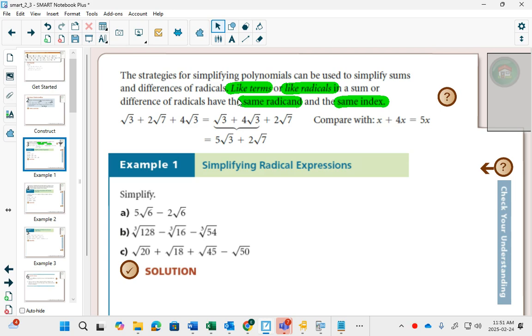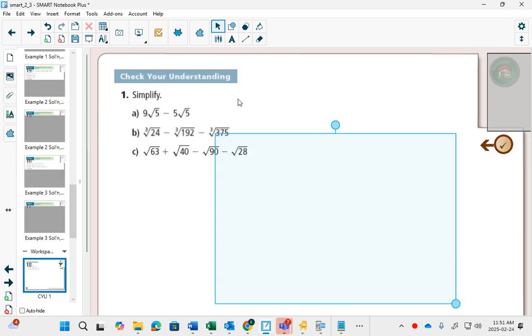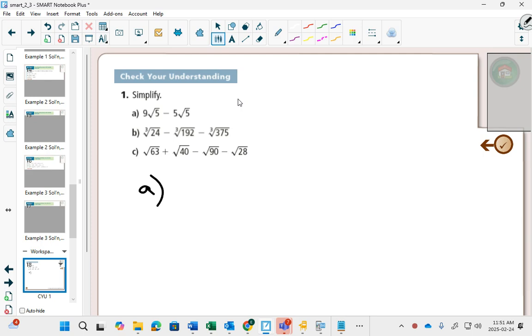So if we look at part A, it says to simplify 9 root 5s minus 4 root 5s. That will end up giving us 5 root 5s. And that one was extra easy because the radicals were already like radicals. But if we wanted to do things in steps, first thing,